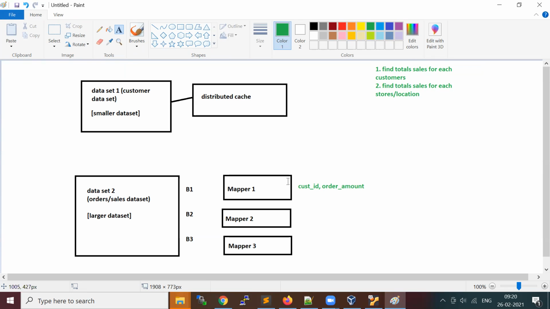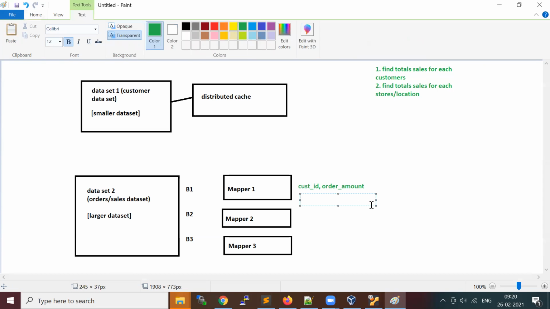So what you do, from the customer information you need the customer id and order amount. This is your value, you pick it from your order detail, the line which is coming as input. Now, whether you want to consider this customer or not, you have to verify whether this customer is available in the customer data set, and only then output it as the output of the mapper. So you just check if customer id equal to